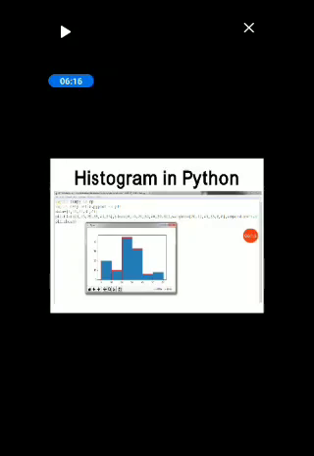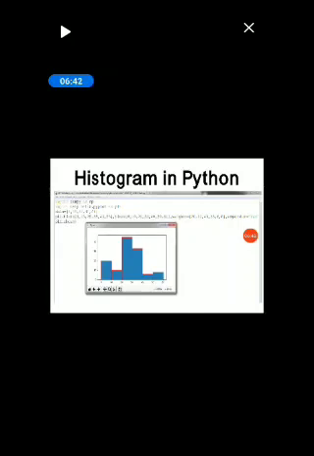See here, it is very easy to draw a histogram. Of course, you have to import the matplotlib library. I have already set the data 1, 11, 21, 31, 41, and to draw the histogram we will use the hist function.